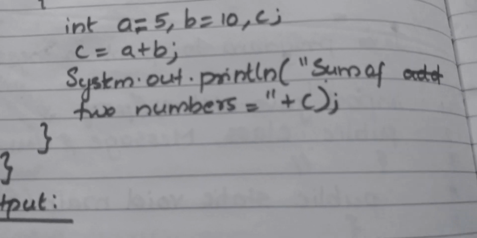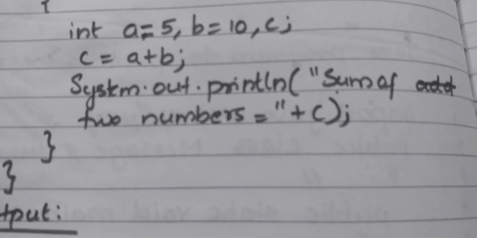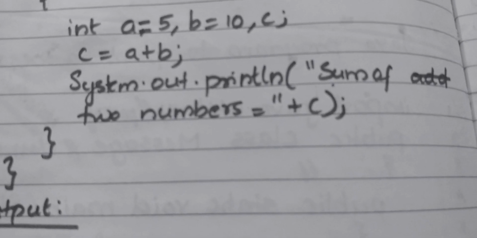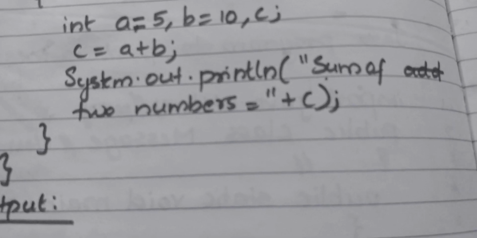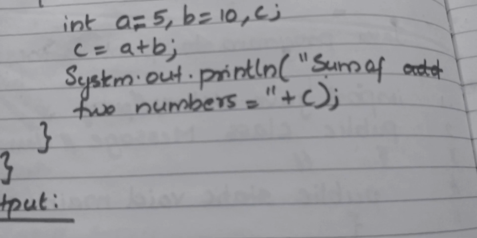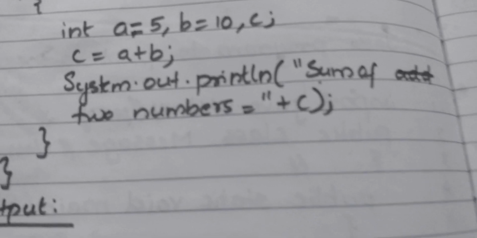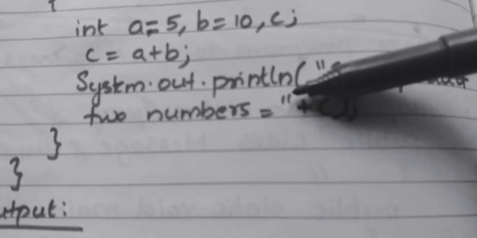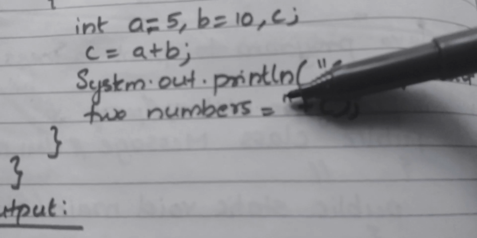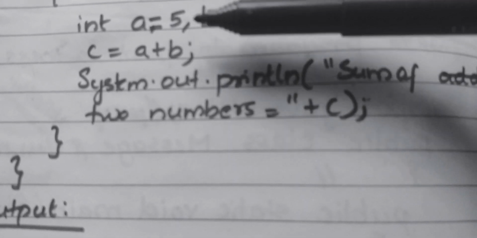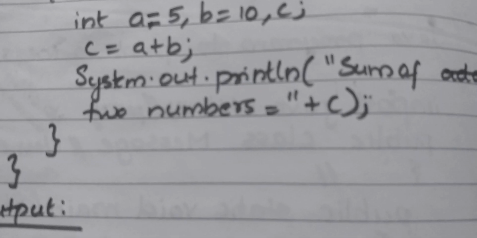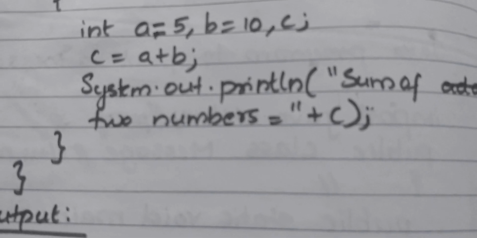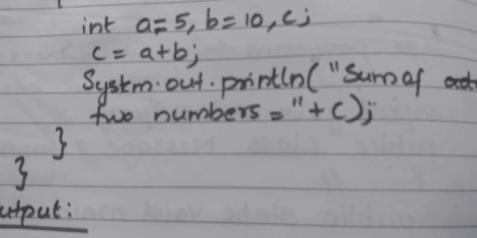You can give any message according to your wish. Okay, whatever you are giving inside the message, if there is any spelling mistake in the message, there is no problem. Suppose instead of sum you have given SOM, no problem, because that's a message, but give correct data over there. Sum of two numbers equal to, and close the double quotes. So this is our message. In which variable does the result go? The result will be in the variable C. So we want to get that variable C.